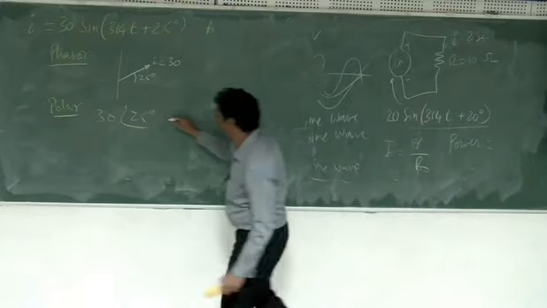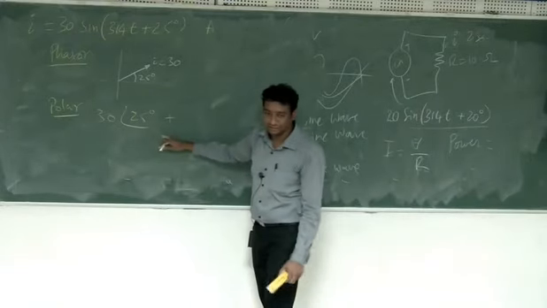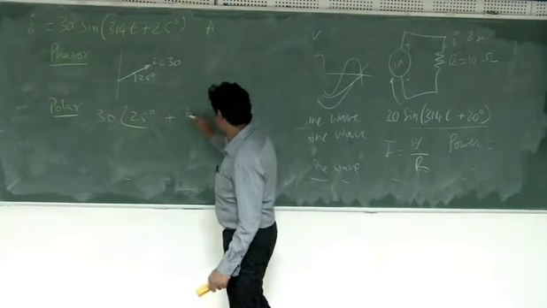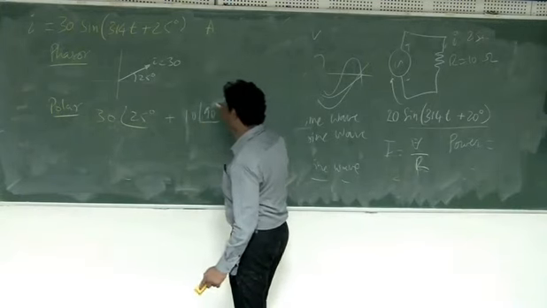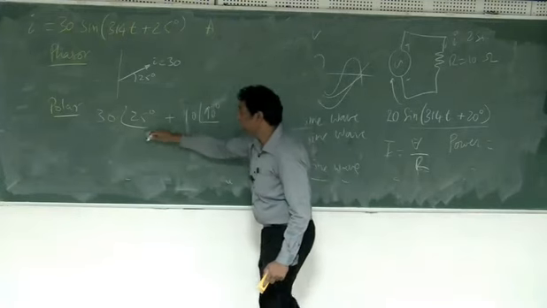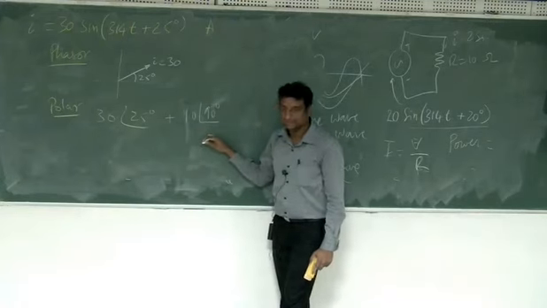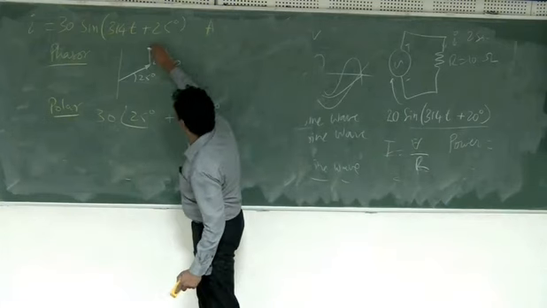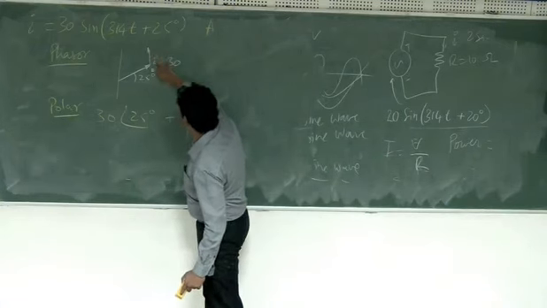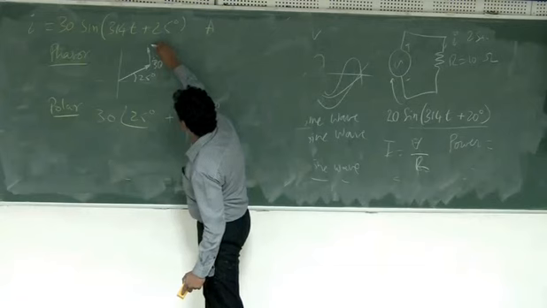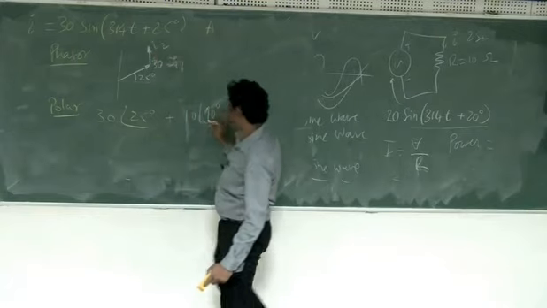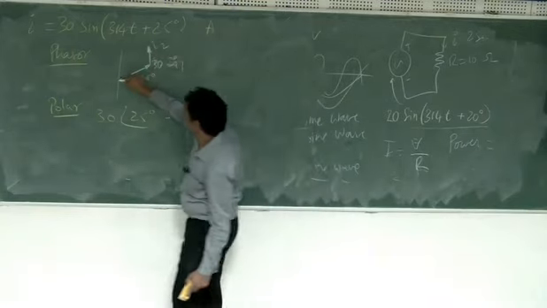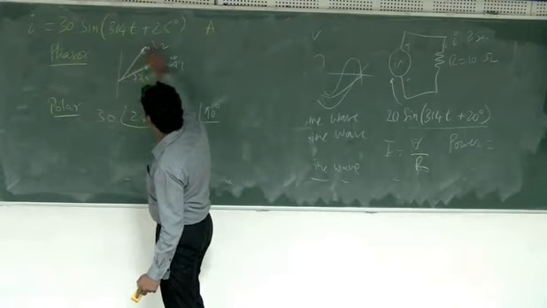See, if one current is 30 at phase of 25, another current is, make it 10 at the phase of 90 degrees. If I want to do I1 plus I2, I can do it like this. So this is I1, and this is I2. So I can do I1 plus I2, at 90 degrees, because the angle is 90 degrees, and this is the total current. What is this length?